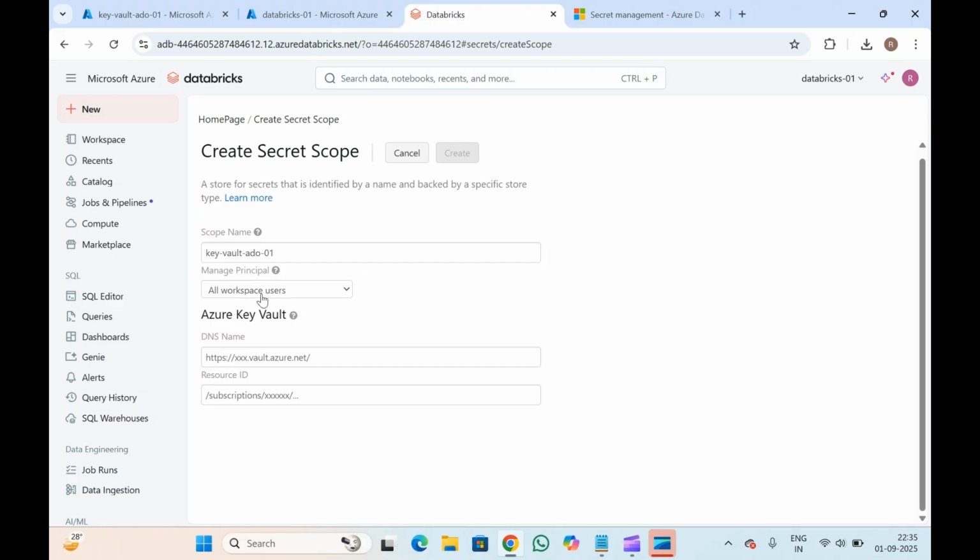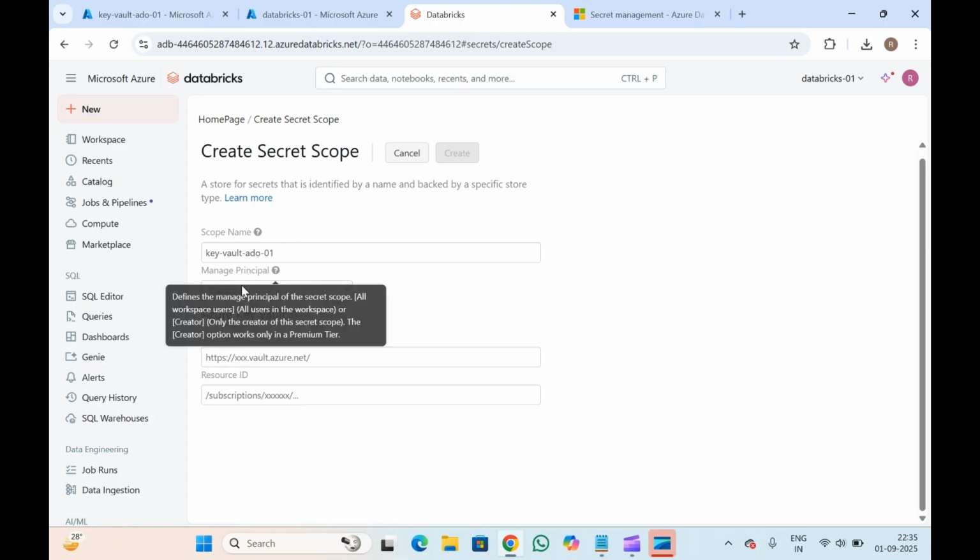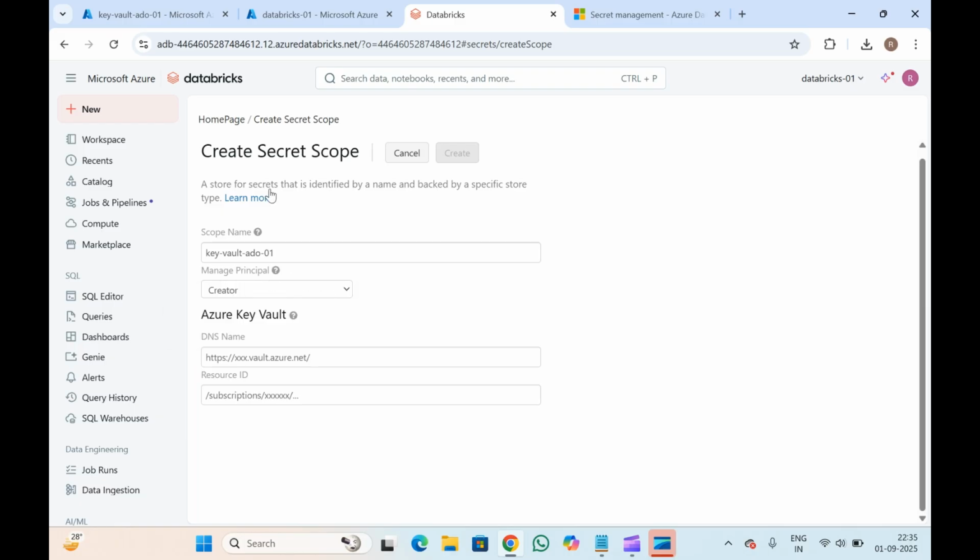So we will be doing this. If you are doing it creator, you will be the only one getting the permission of the secret scope. If someone else from your team or some different person needs this permission, I will have to manually assign it using the Databricks CLI commands. So for now I'll be using all workspace users, and here we will have to provide the key vault